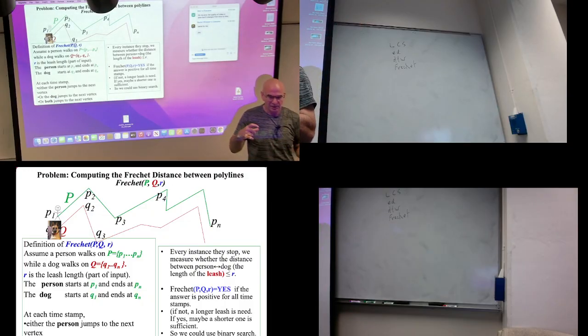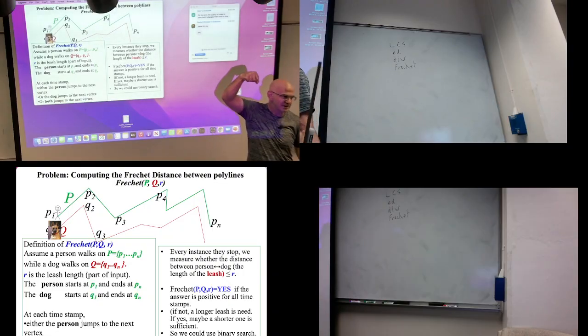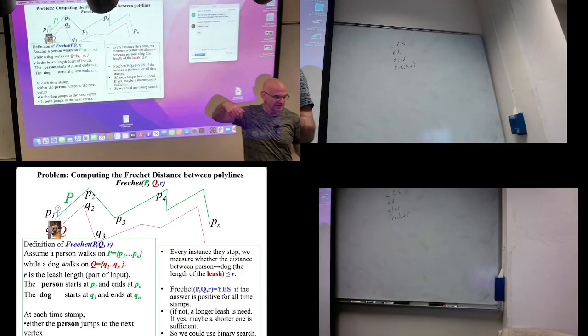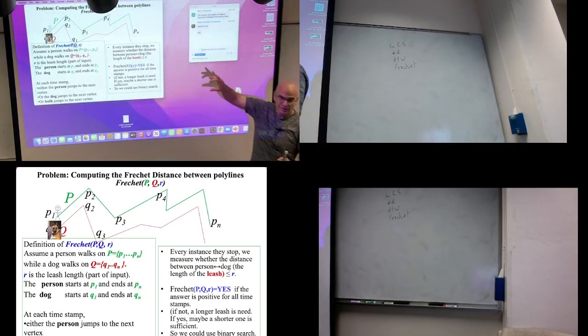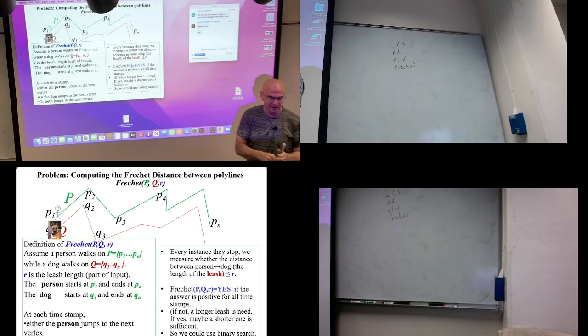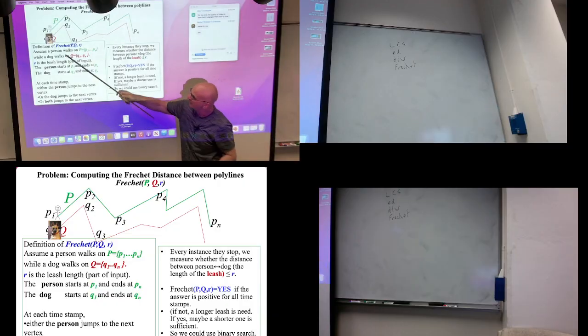Frechet doesn't ask about the overall sum of the length of the leash, it asks what is the maximum. What I want to do is find the smallest length of a leash for which I can find a